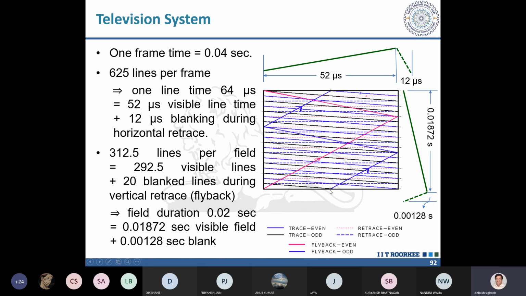Now you see, since it has come here in the middle, it will fly back. It will trace 20 lines, although I have shown here only 2 lines, but actually it will go like this for 20 lines, because the horizontal deflection is still there. So during that time it will go back and it will reach here, and because it has stopped in the middle, it will come in the middle.